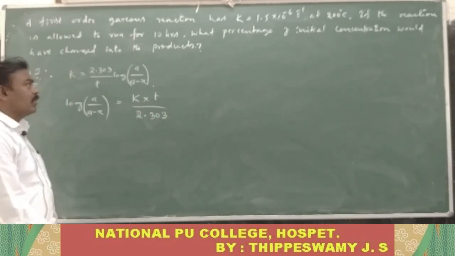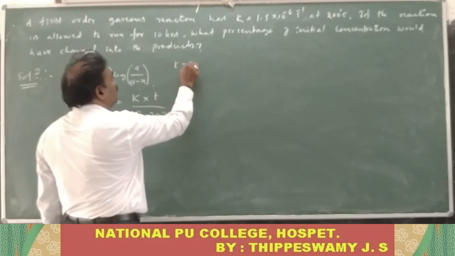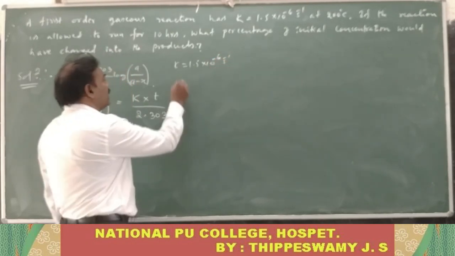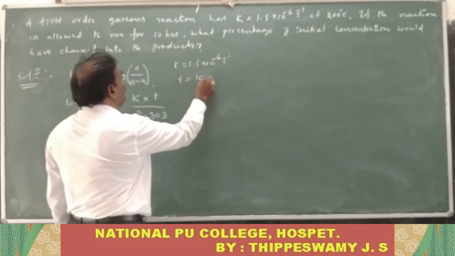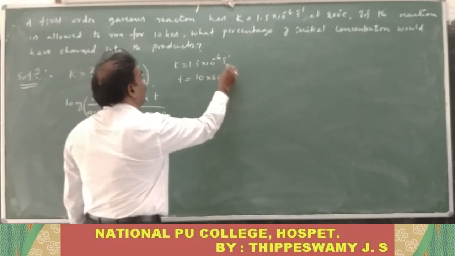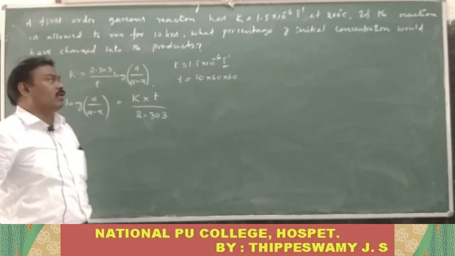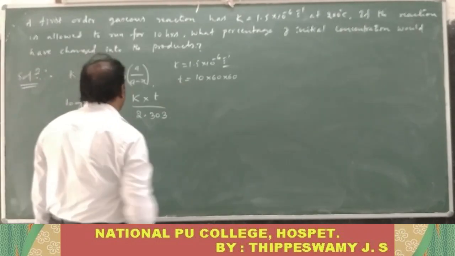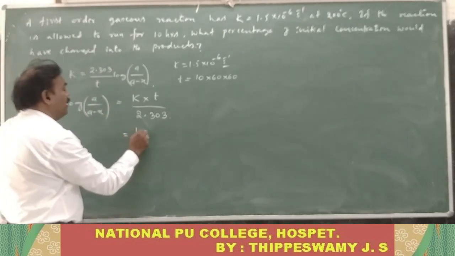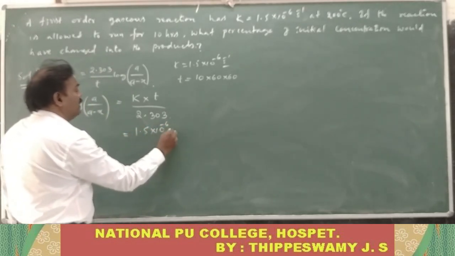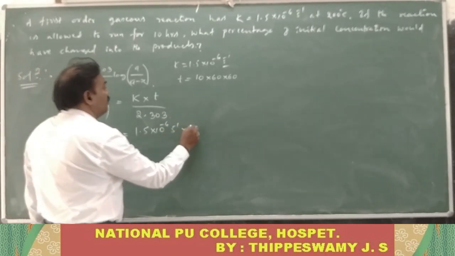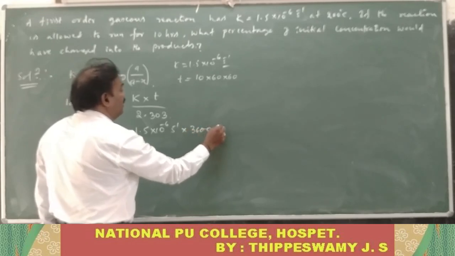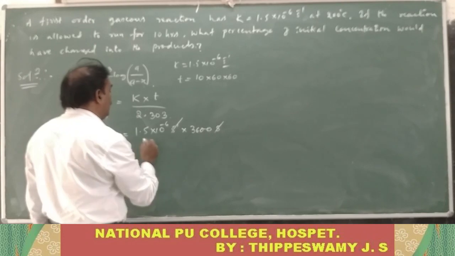Okay, now you write. What is the value of K given? That is 1.5 into 10 to the power minus 6 per second only. Then what is the time T given? Time T is 10 hours into 60 minutes into 60 seconds, because the rate constant is given in seconds, so we have to convert that time into seconds only. Next, substitute these two values here: K into 1.5 into 10 to the power minus 6 per second into 10 into 60 into 60, that is 3600 seconds only. Second and per second get cancelled, divided by